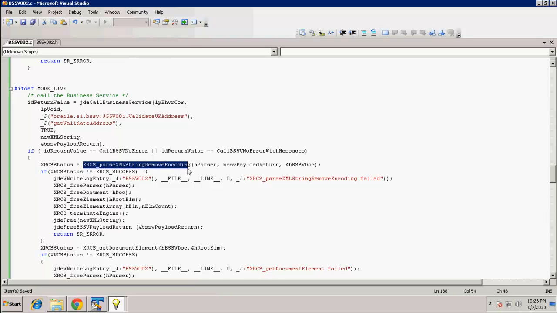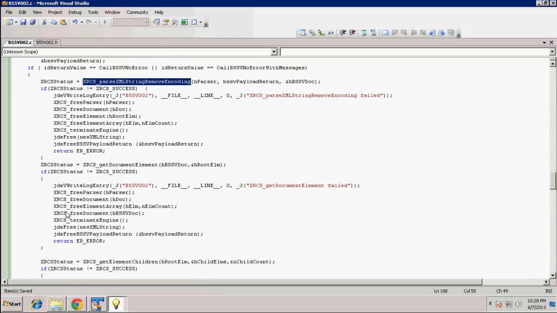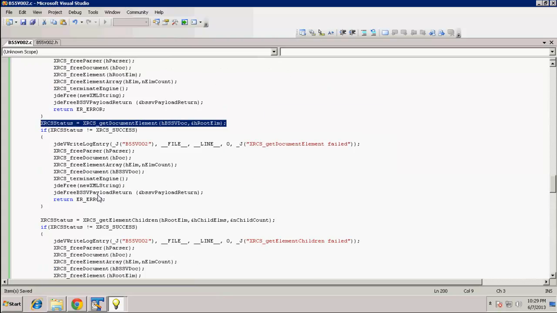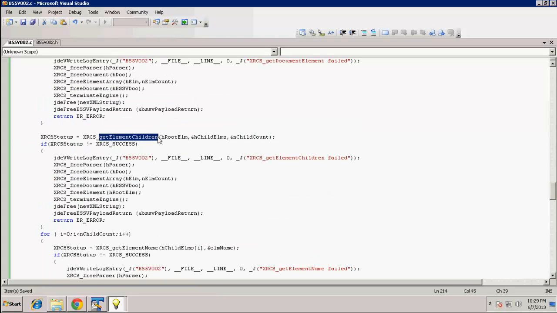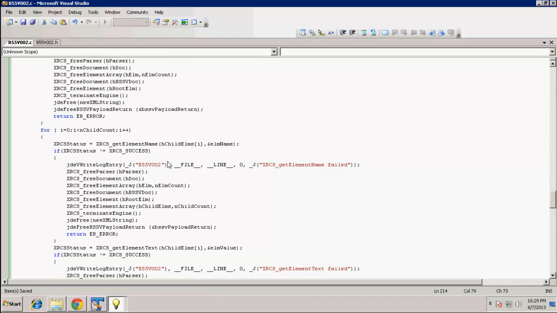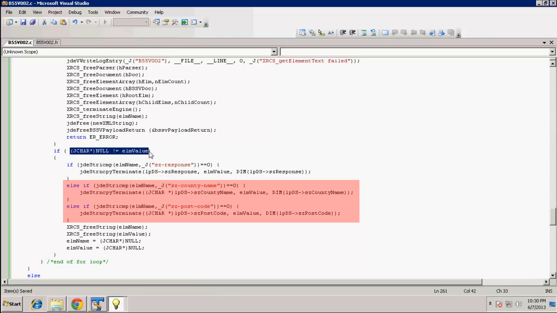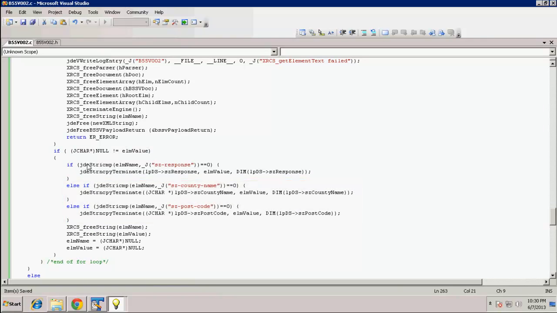Number 1, we will first retrieve our handle to the XML document object by parsing our return payload. Then we will retrieve the root element of our XML document. Next, we will retrieve all child nodes inside our root element. Next, we will start traversing these child nodes and identify our required nodes szCountyName and szPostcode, and retrieve their values and place them back in our data structure using the JDE strncpy terminate API call.